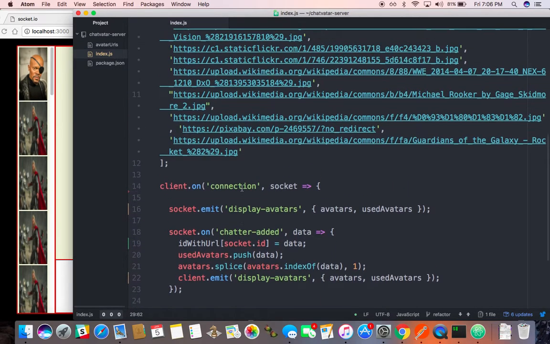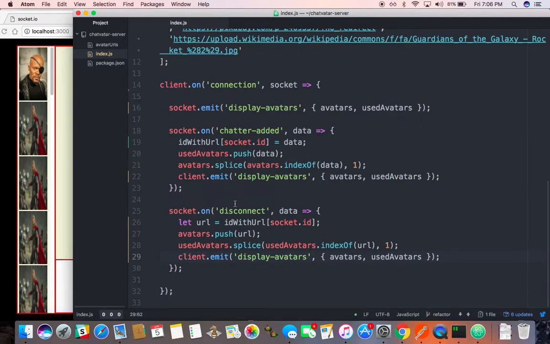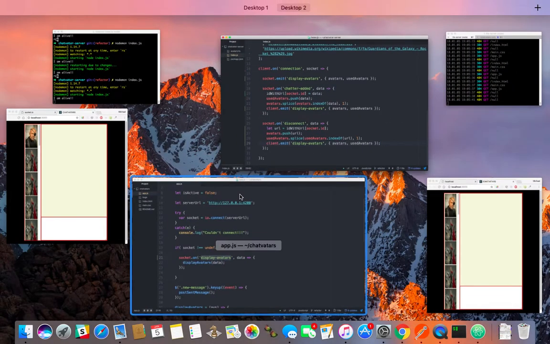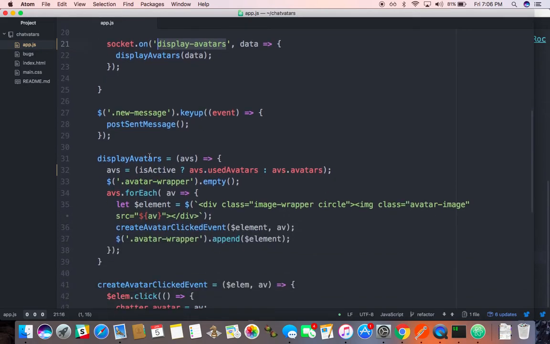I think, first of all, am I in? When we display the avatars, which is on the front end, we have something that says display avatars, and it says create this click event. Well, we only want it to do that if this isn't true. Oh, yeah. So it says if is active is false, it shouldn't do this. Okay? So we're just going to say that if